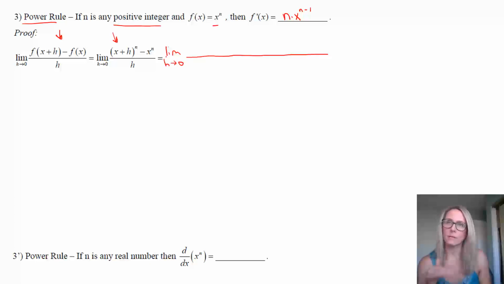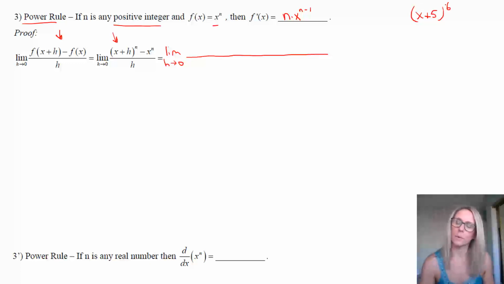This is something you may know a little bit from pre-calculus: x plus h to the n is similar to saying, say, x plus 5 to the 6th. This is a binomial raised to a power, and it comes from the binomial theorem. There's a whole topic you can look up on the binomial theorem, but there's a pattern. When you take x plus h and raise it to the n, the first term is x to the n. That's always the first term, no matter what n is.